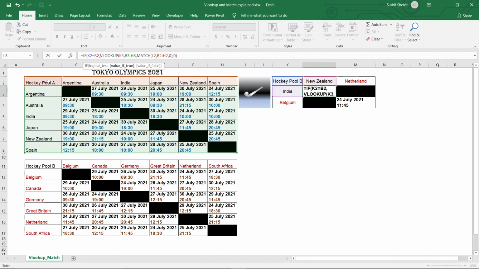The first thing in the IF function is to return the value if it is true. So now we want to return the VLOOKUP and the MATCH function value, that is the date and the time of the match, and there it is, it will reveal the output. But when it is false, what should it do? So here it should return a text lookup